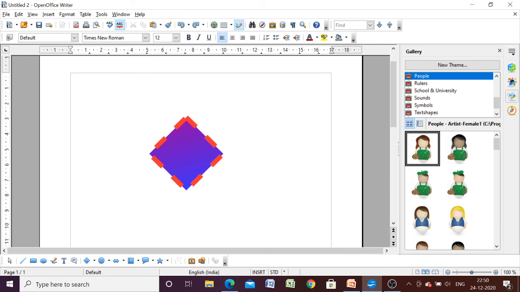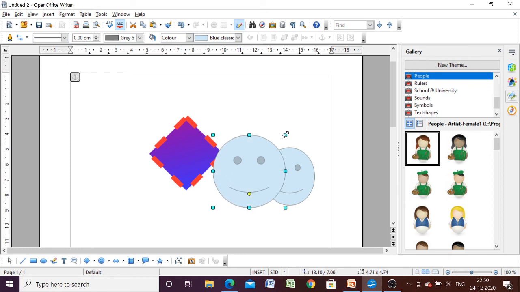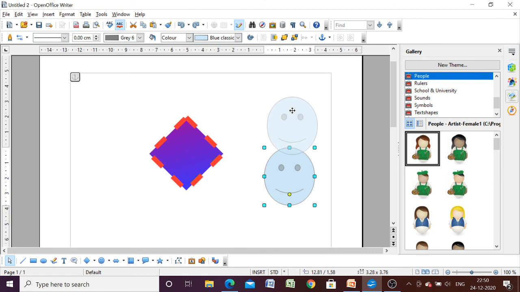Now another important topic is, suppose we are having multiple drawing objects. I am having one rhombus and one smiley, and I want to make a group of these two. We can make a group of multiple objects so that, suppose I am moving this smiley, only the smiley is moving.